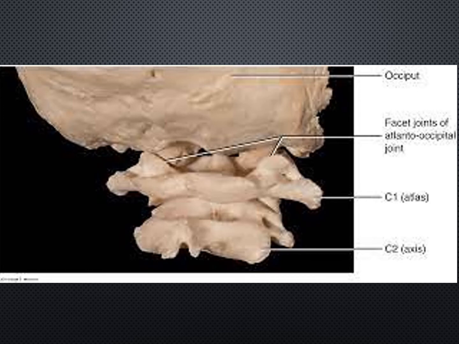Another example of an ellipsoid joint is the atlanto-occipital joint. This is the occipital bone and this is the atlas, and between them there is the atlanto-occipital joint. The articular surface of the occipital bone is reniform or kidney shaped. In the lateral mass of the atlas, there is a concave facet for the atlanto-occipital joint. You have already studied this when you learned about the atlas. This is an ellipsoid type of joint, and flexion, extension and lateral flexion are possible here.